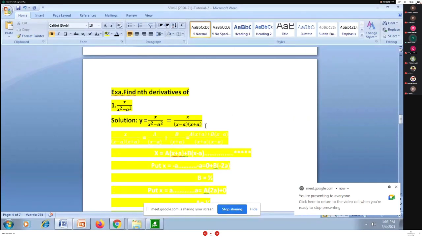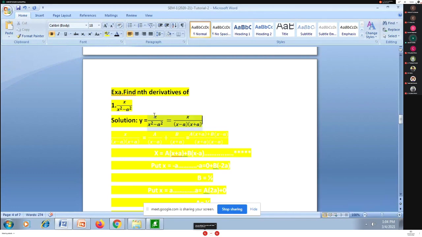So see, I'm just writing before writing for partial fraction. Now I'm just telling you one thing that you have to remember. Everybody will concentrate here: x upon x square minus a square. Numerator I'm having x, denominator I'm having x square minus a square. Now everybody will concentrate on numerator and tell me, what is the degree of numerator, students? What is the degree of numerator? One. Yes, it is x raised to 1, that is, the degree of numerator is 1.